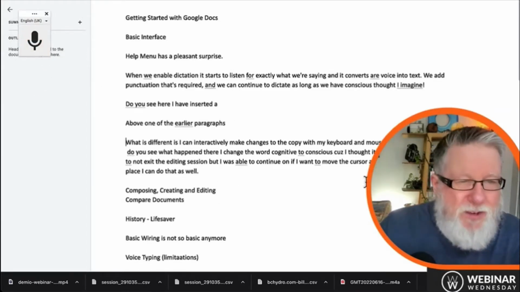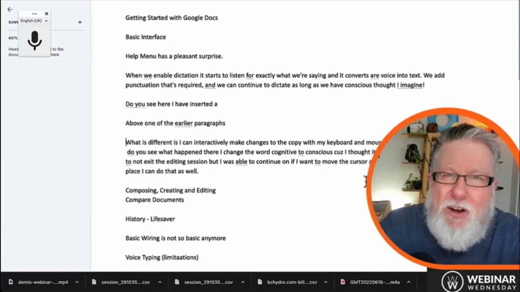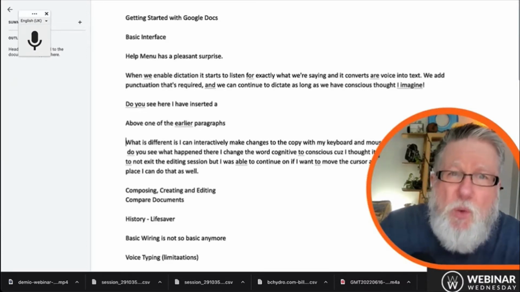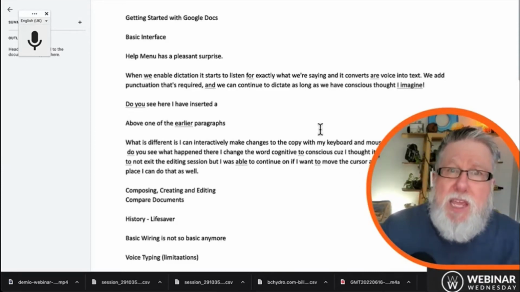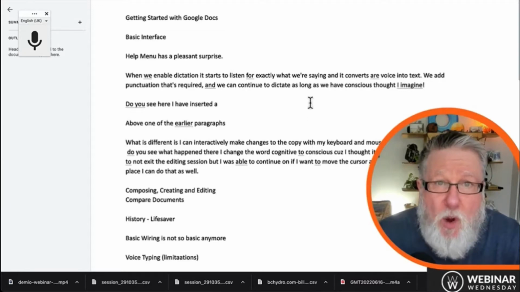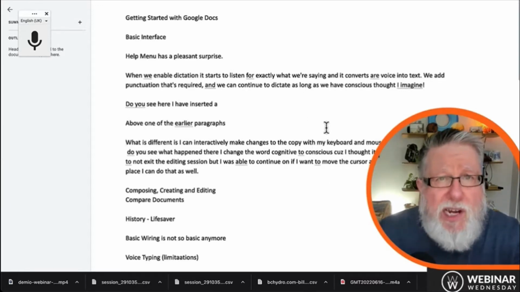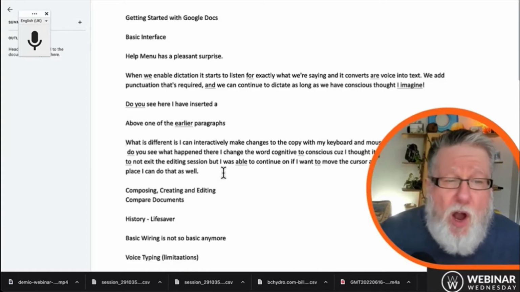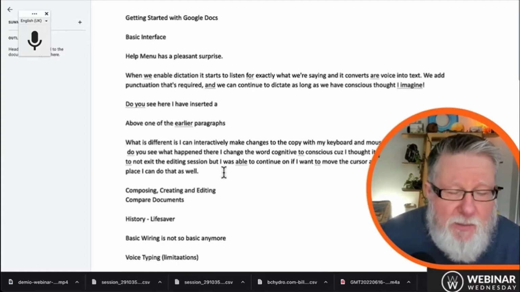Now you saw some of the limitations. It heard the word paragraph and it put in the paragraph marker. So it's not 100% perfect yet, and you will learn how to avoid some of those kinds of traps. But the interactive nature of being able to go through the keyboard and mouse, correct words that it hears wrong, or even do basic formatting while you're working on a document and you're dictating into the document, to me is